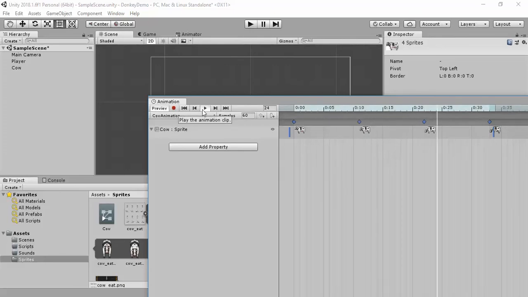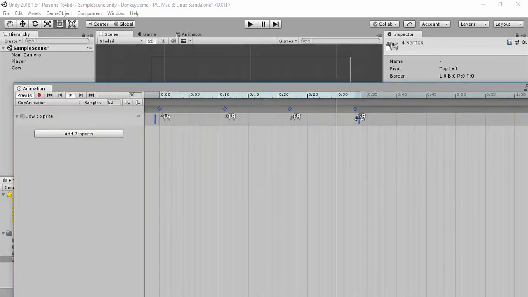1, 2, 3. That's like 1/3 of a second. I mean, that's okay. You just don't want the cow to be super spazzing, right? So there's kind of a 1-second cow animation. And then